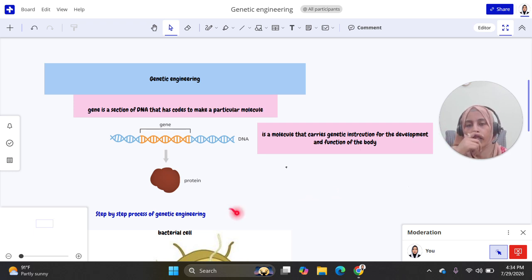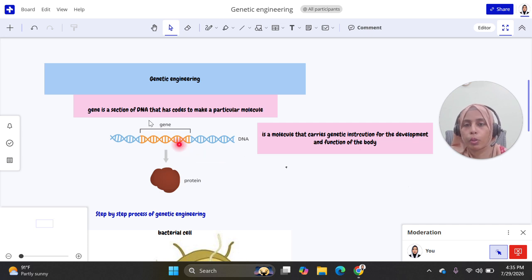Before going deeper into the topic, let me remind you what you have already learned in the previous chapter. It's about DNA and gene. What is DNA? As you can see in the picture, DNA is a long strand. It means it's a molecule that carries all genetic information, all the information of your body for the development and function of the body, right? It means if something is required by the body, it is controlled by this DNA. This DNA helps in the formation of that needed molecule. And if something is restricted by the body, this DNA controls it, right? So DNA is actually the main controller of your body, right?